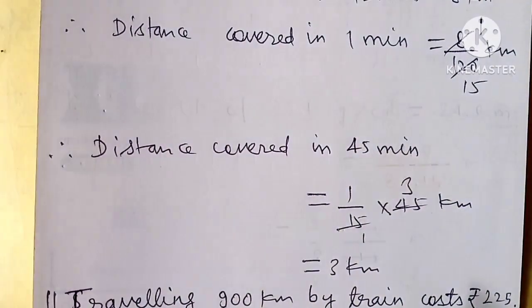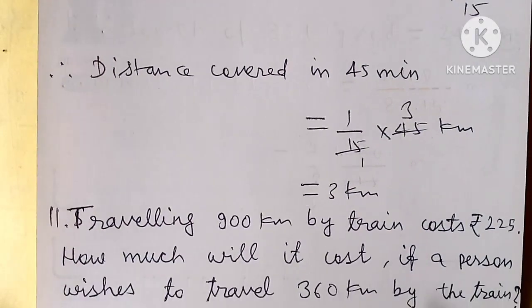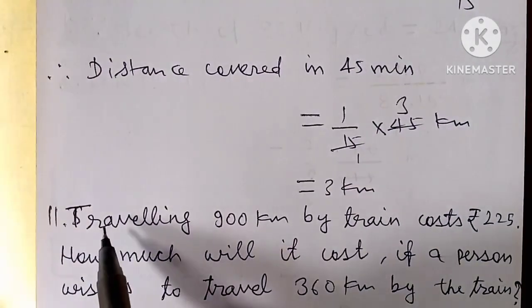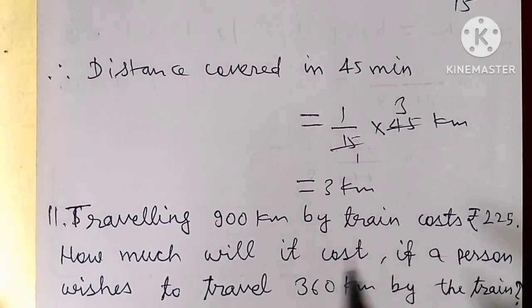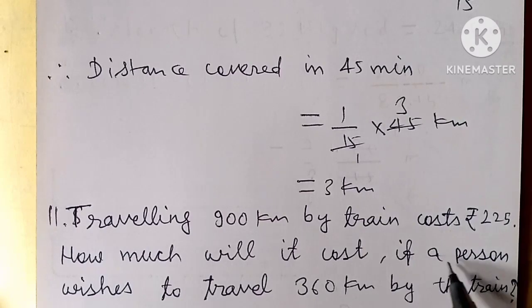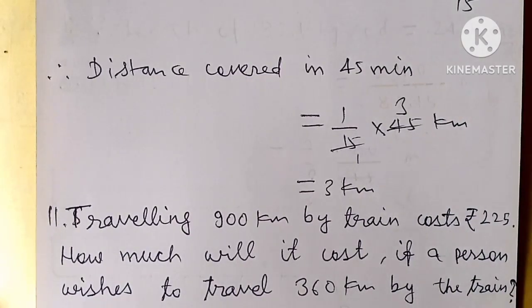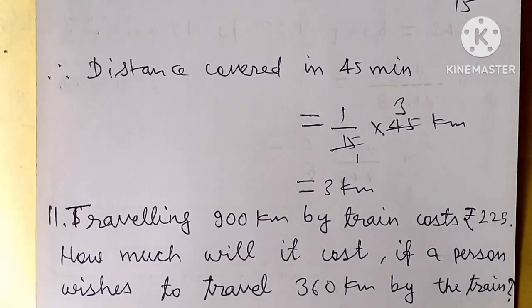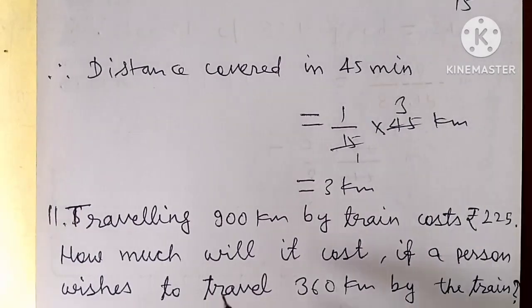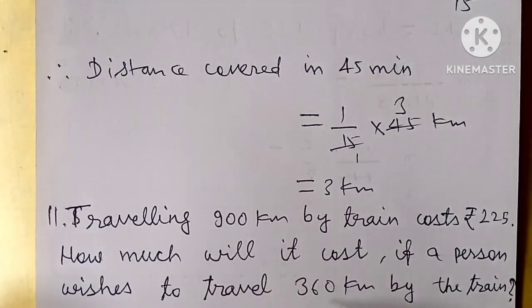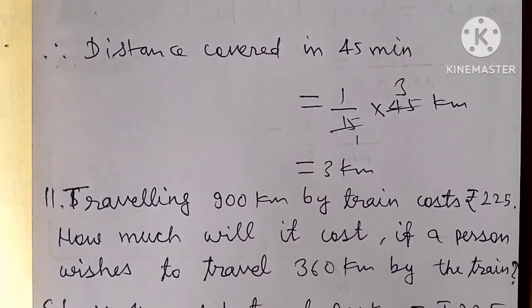Now the last but not the least, this question is: traveling 900 kilometer by train costs rupees 225. How much will it cost if a person wishes to travel 360 kilometer by the train? So we are to find the cost, so we must put cost on the RHS. So we can write,